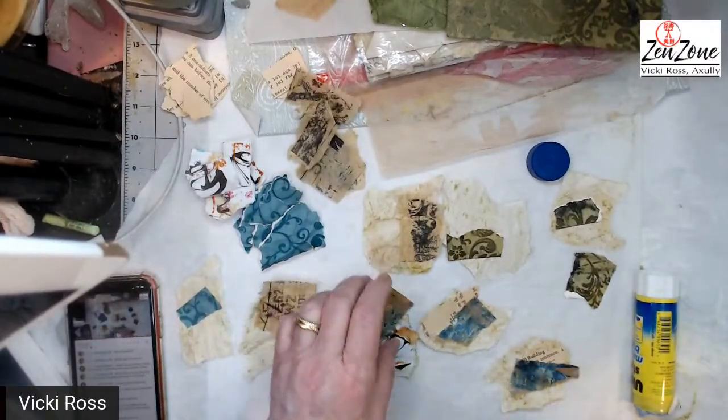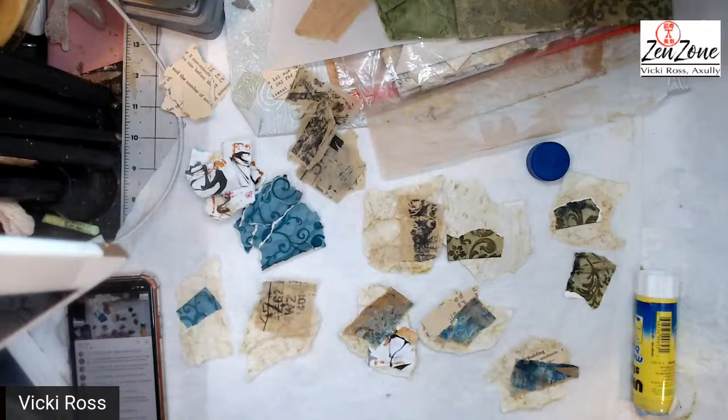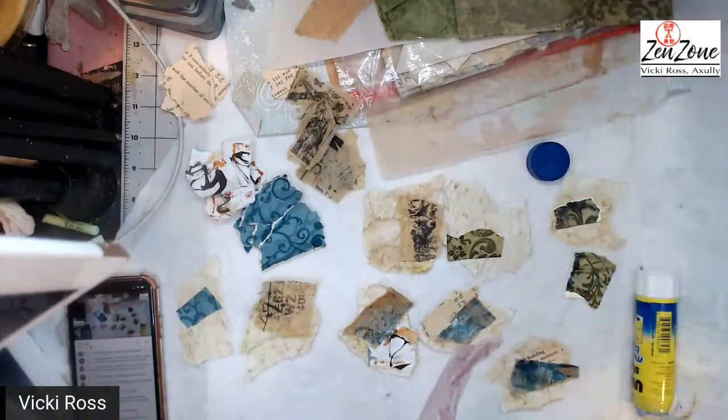All right, so you want to go up there. All right. It's pretty. I'm not sure how much good it would do as a luncheon napkin, but